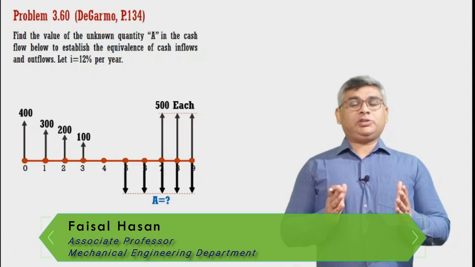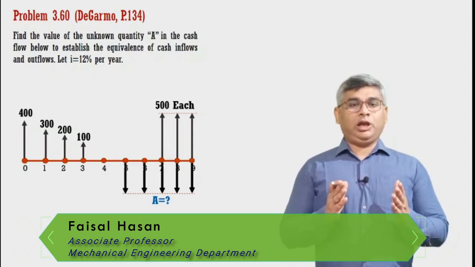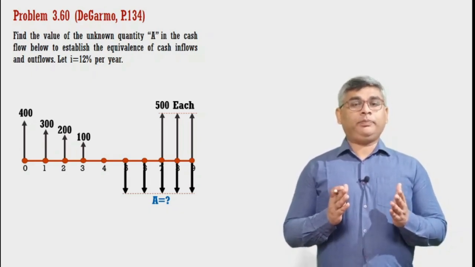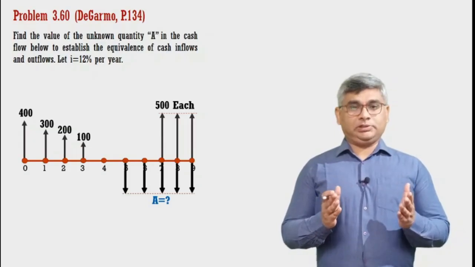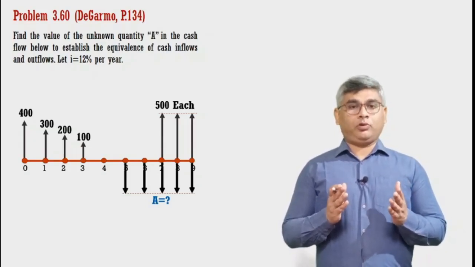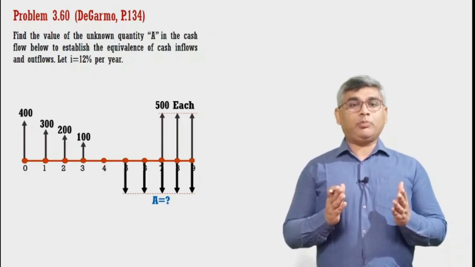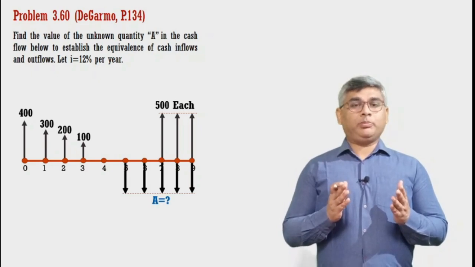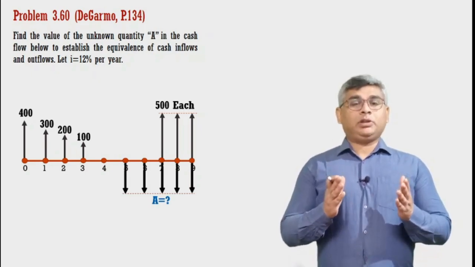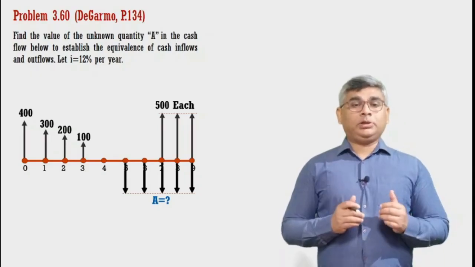So in this lecture again I will be solving one more problem based on the cash flow analysis. This problem is taken up from the book of Engineering Economy by D. Garmo, and this is problem number 3.6 unsolved. So the problem is that we have a given cash flow as shown in figure. We have few